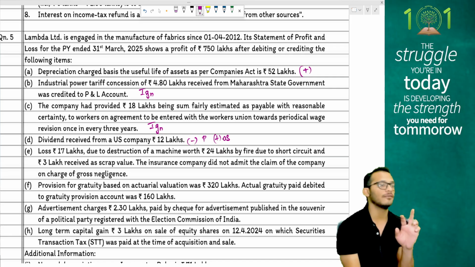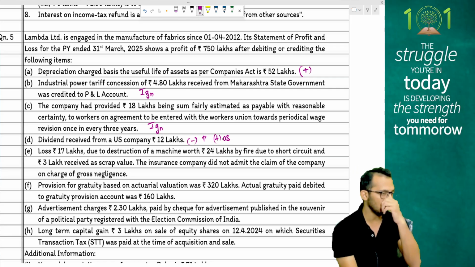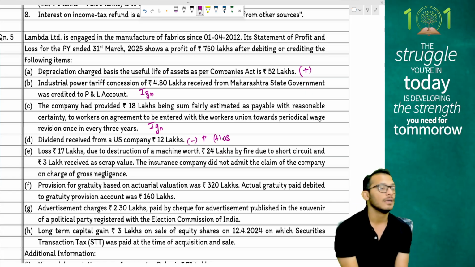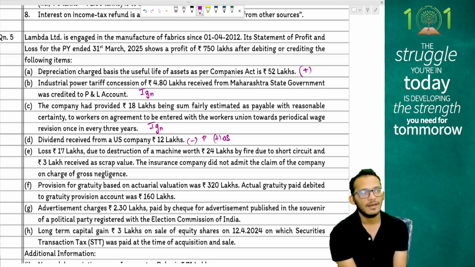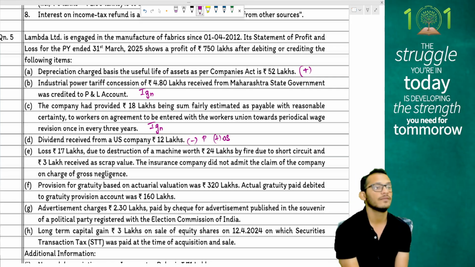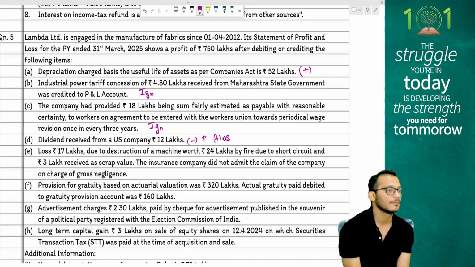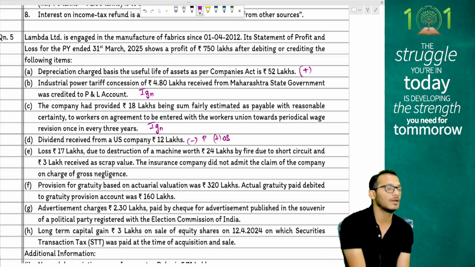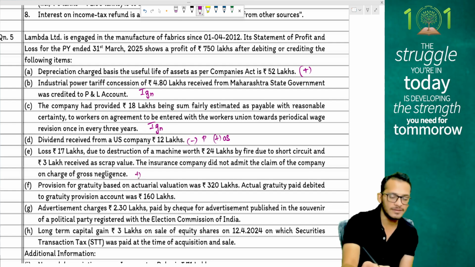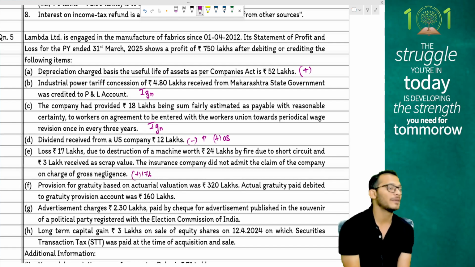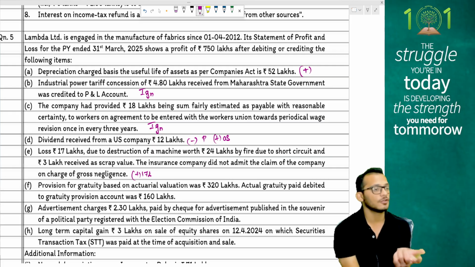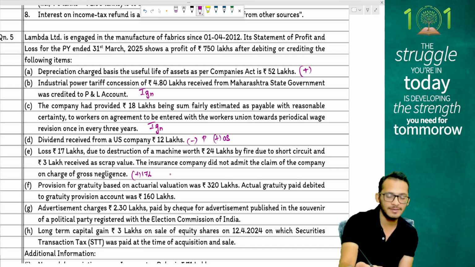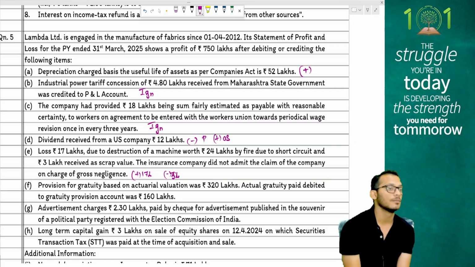Then comes the question, people, has the block ceased to exist or not ceased to exist? Nothing is given. Assumption is ceased to exist. With the asset being ceased to exist, move to capital gains. What will get moved to capital gains is the question first. You have to first put down what is there in the P&L. In the P&L, I have a loss to be reversed. But at the same time, I have received scrap value, which is also there in P&L, to be reversed, which means minus 3 lakhs. Net effect, I have to disallow 14 lakhs.